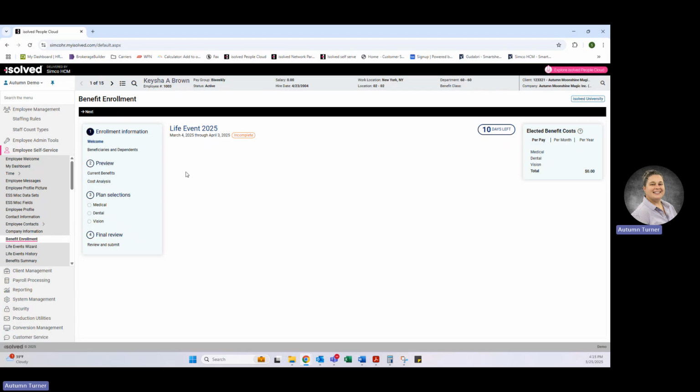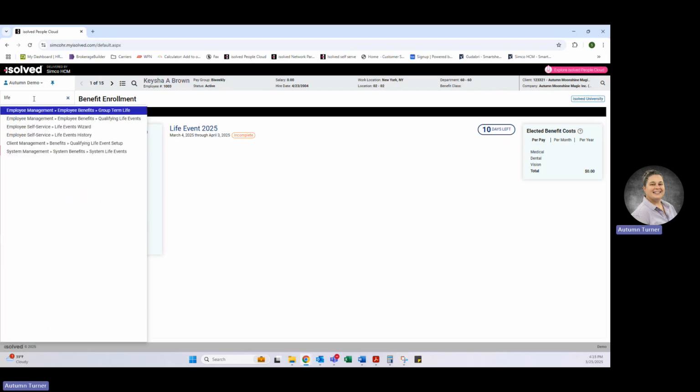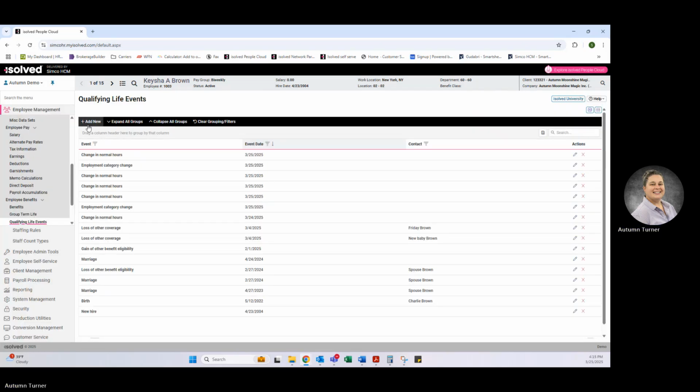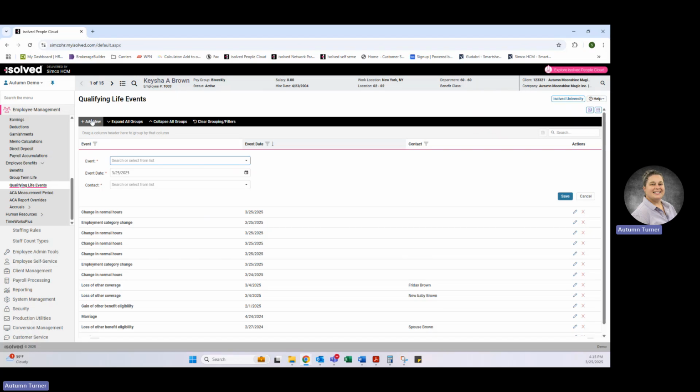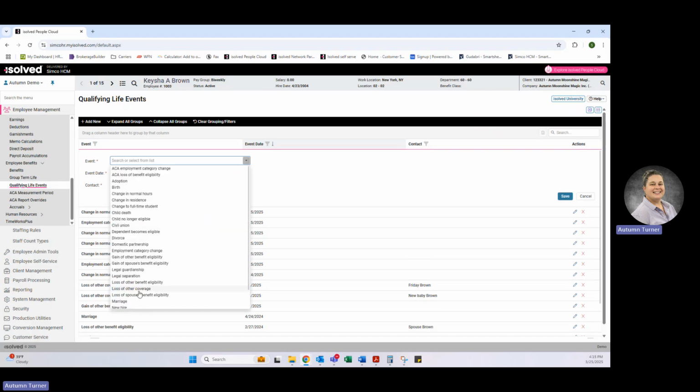So if you forget to click that little box on those that we looked at that says create the life event, you're going to want to go to employee management, employee benefits, qualifying life event. Here, you're going to add new and you would add the event. Now,